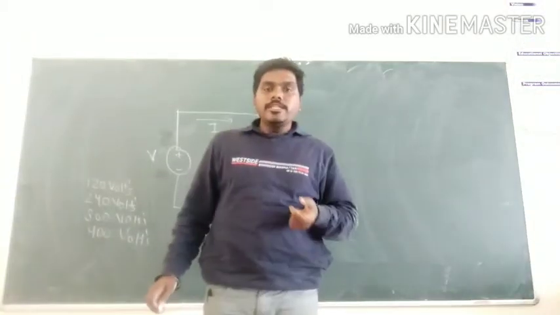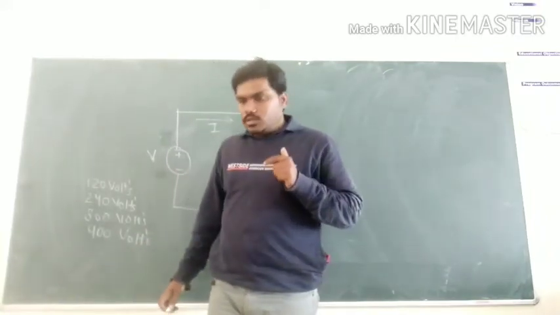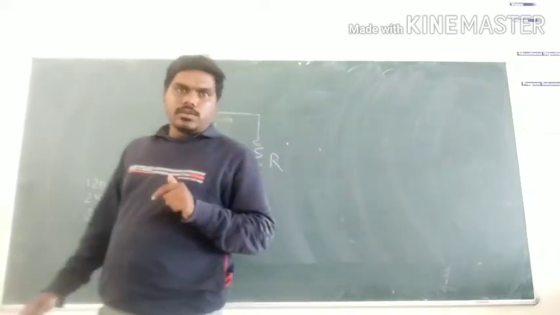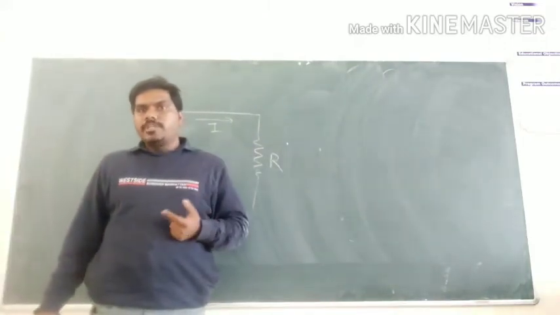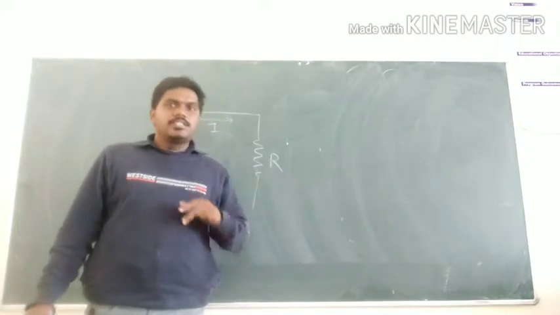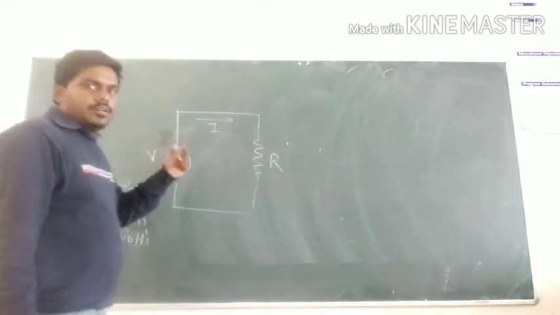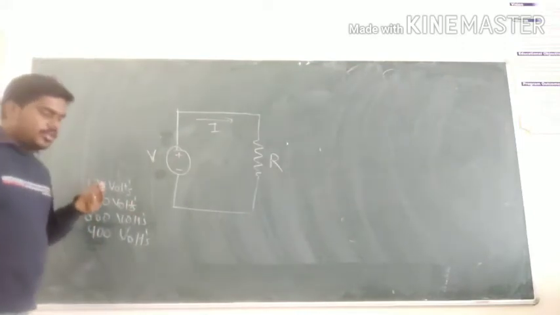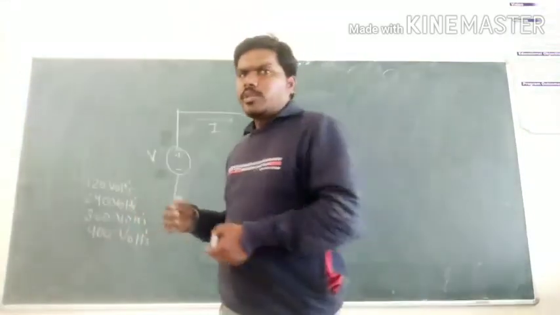The actual voltage at which a circuit operates can vary from the nominal voltage, within a range that permits satisfactory operation of equipment. It can vary from the nominal voltage. So this is my nominal voltage.